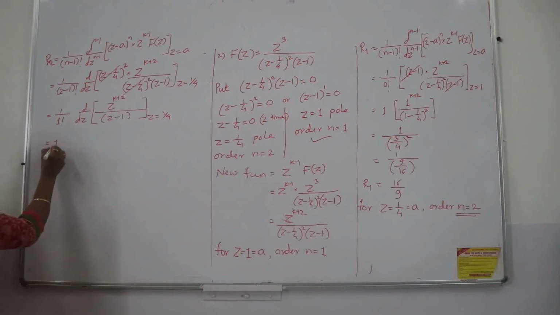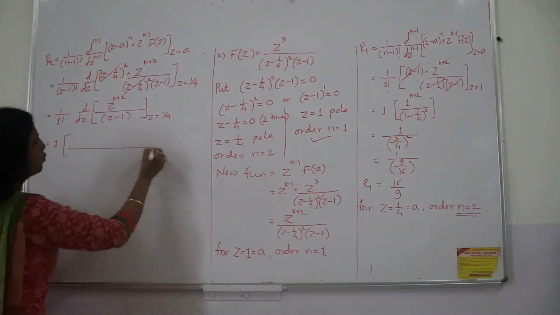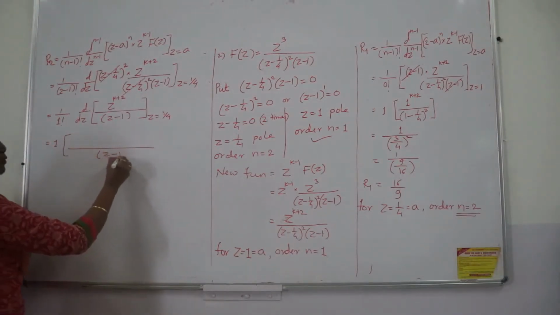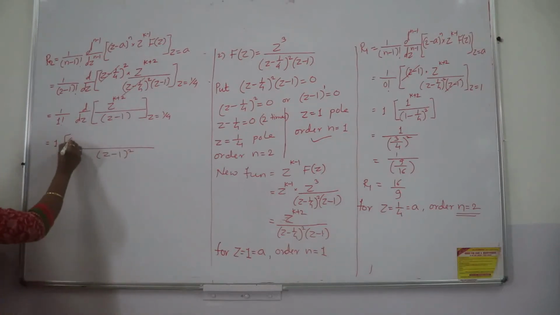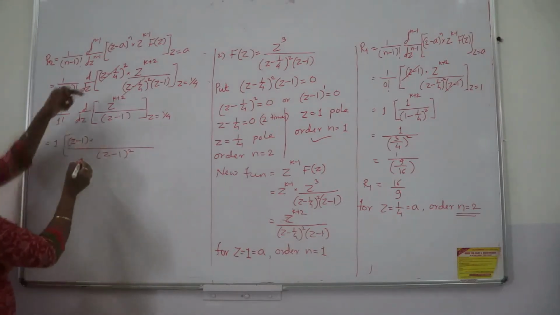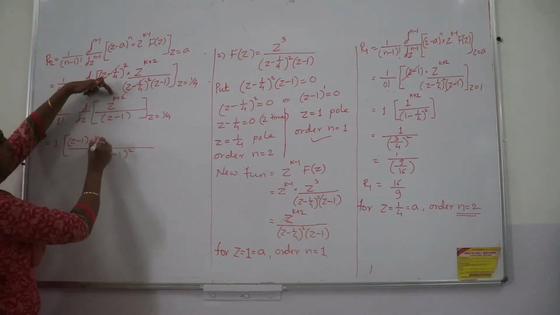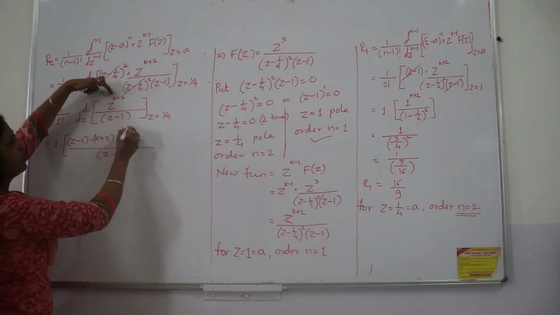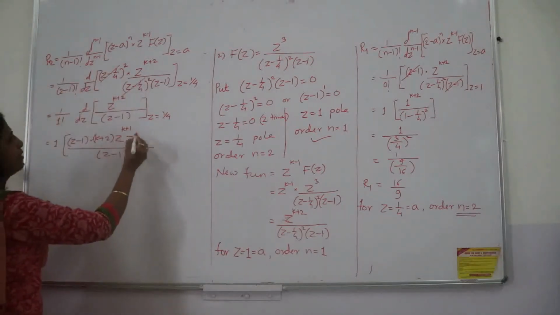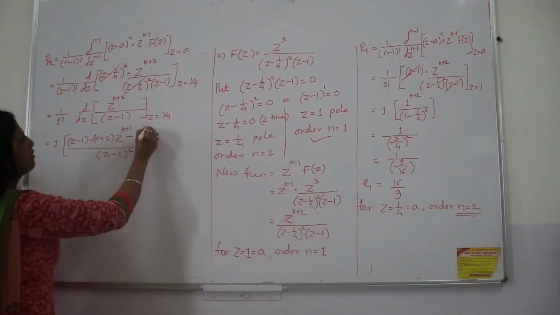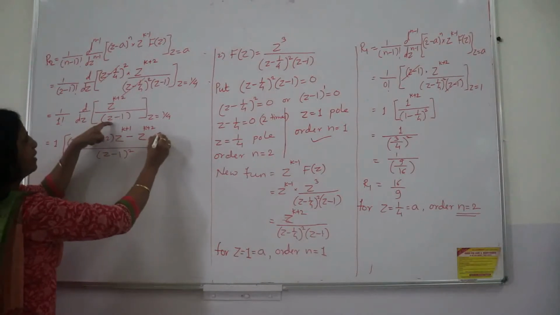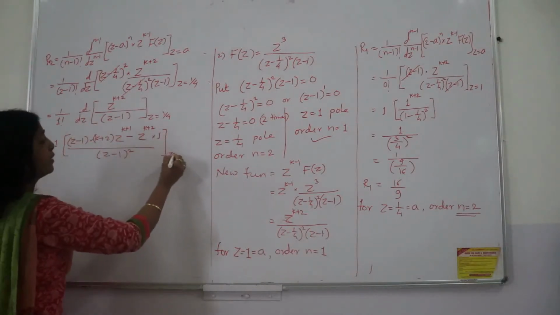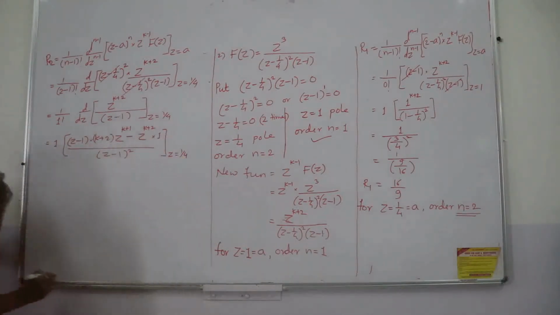So 1 factorial is 1, and here what I have to do is apply the quotient rule. So it is v square first of all. Start with v. V is z minus 1. What is the derivative? K plus 2, and the power is reduced by 1. So minus 1 means this will give k plus 1, minus z raised to k plus 2 will remain as it is. And what is the derivative of z? 1.